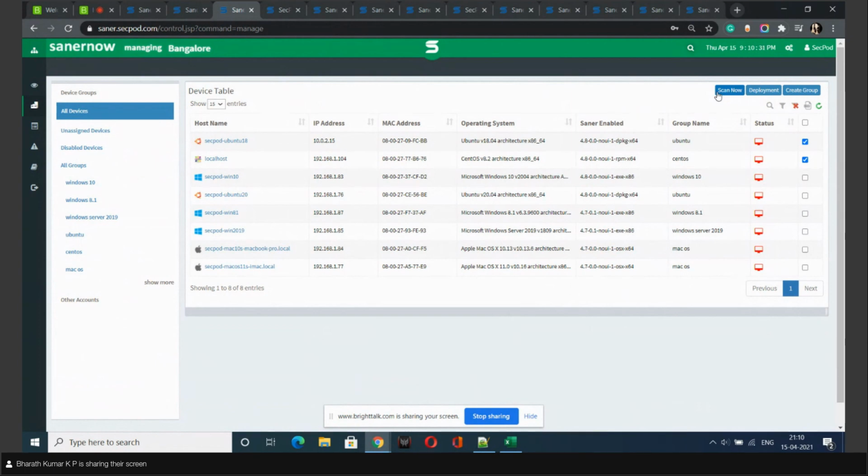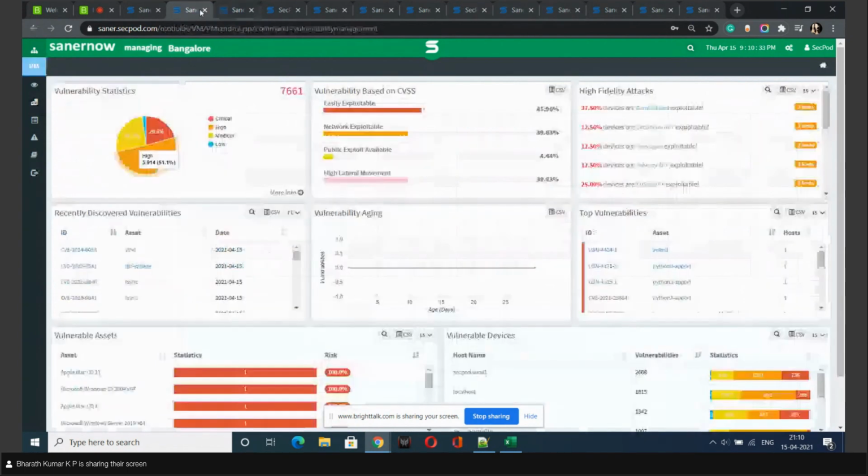Once the scan is completed, we can see the data on the vulnerability management page. With this data, the user can further assess vulnerabilities and also remediate them. This is how we perform on-demand scanning in Sena now. Using this, we can detect a critical high-risk vulnerability in the devices immediately once it's reported. So as Bharat demonstrated, using the on-demand real-time scanning functionality in Sena now, you can immediately detect any high-risk critical vulnerabilities once they are reported. So let us move on to the next scenario now.